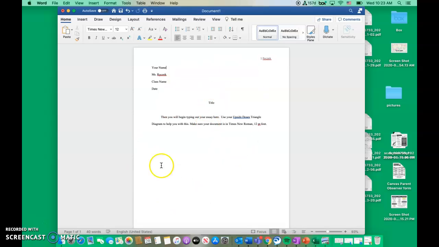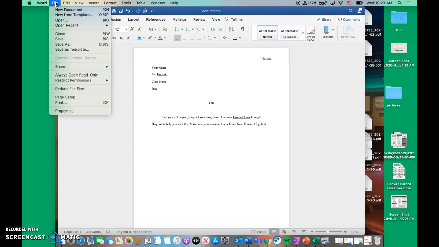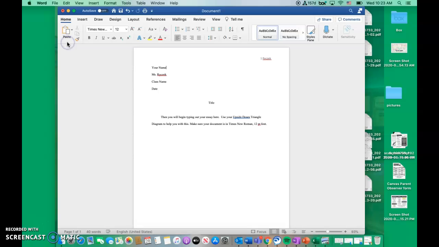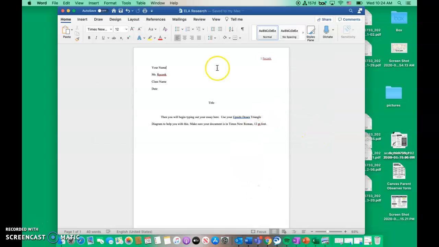And once you have this created and you start typing, you will have to make sure to save this to your computer because it will not automatically save. So you're going to go up to this main bar up here, the very, very top where it says Word next to the Apple symbol. You will click on File and you will hit Save As. You're going to save this as a document on your computer, and you can name it ELA Research or whatever paper you're working on. You hit Save, and now it will be saved to your computer,